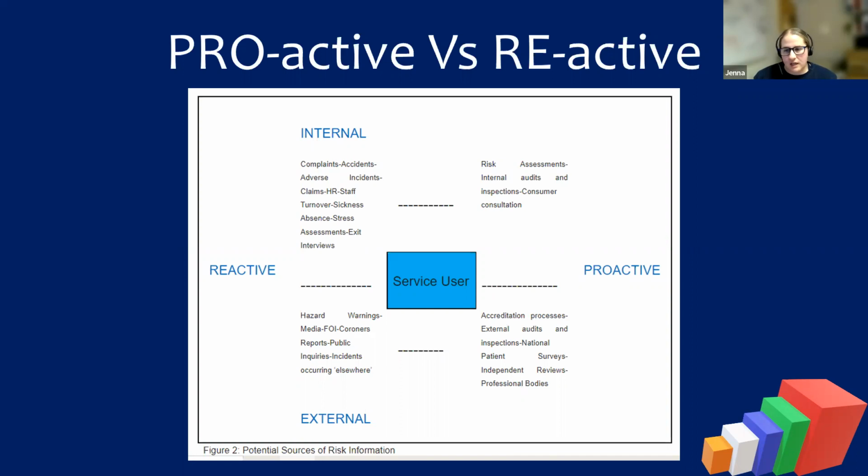But obviously there can be multiple contributing factors. And quite often people focus on incident reporting and things like that to identify risks. But it's not always the things that you see, it's sometimes the things that you don't see.